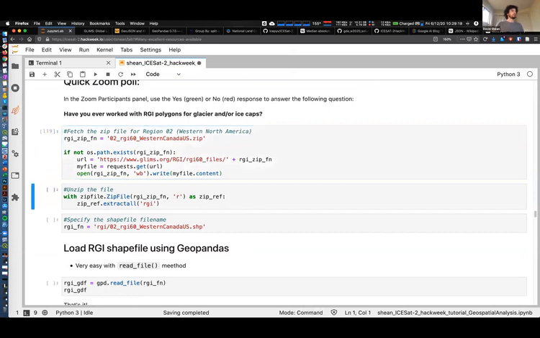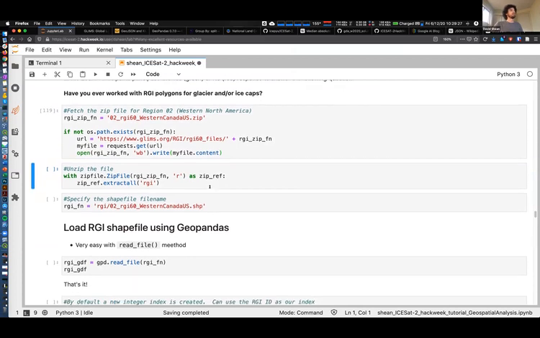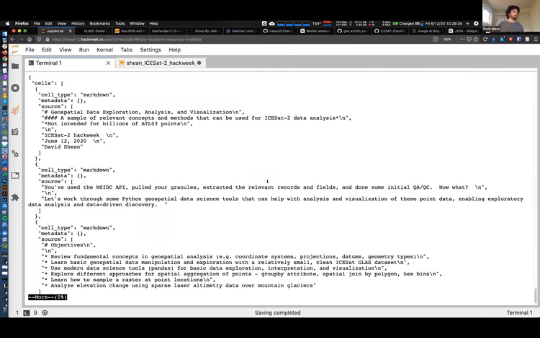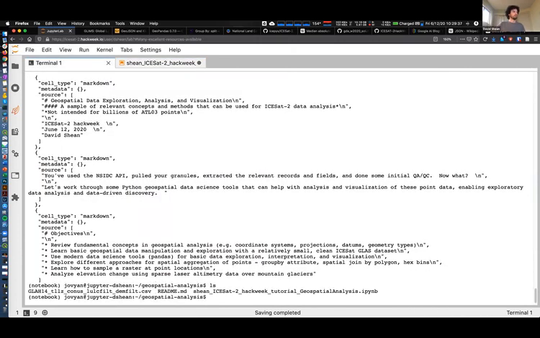So what we're going to do is basically say, if we haven't already downloaded it, go ahead and grab that file using some standard Python libraries. We did that already, and now we're going to unzip that file. And what we end up with, if we go here to our tutorial,